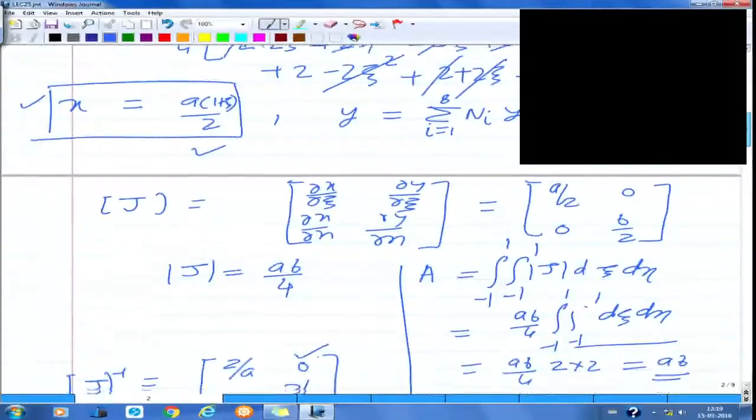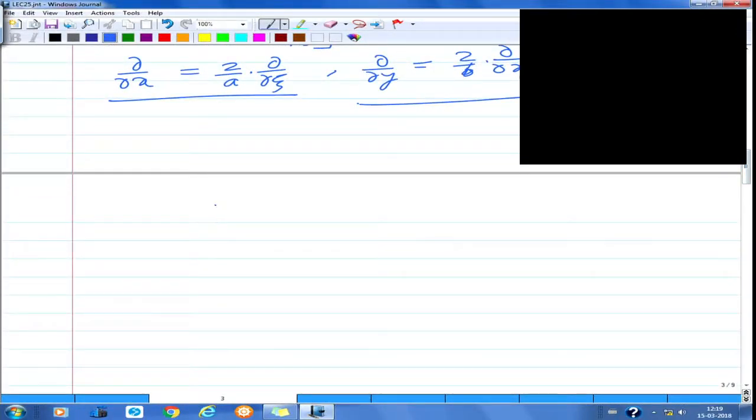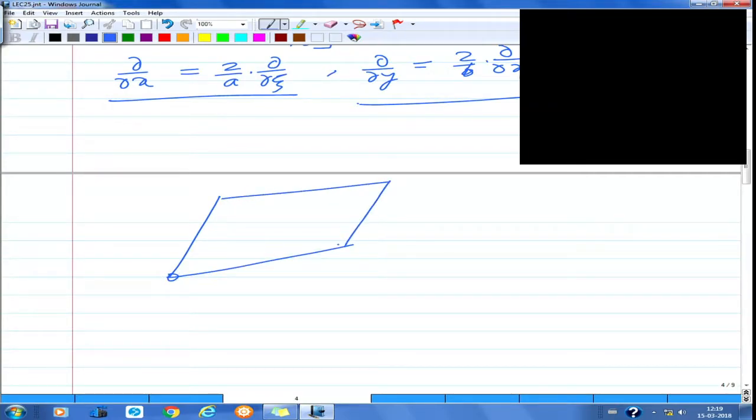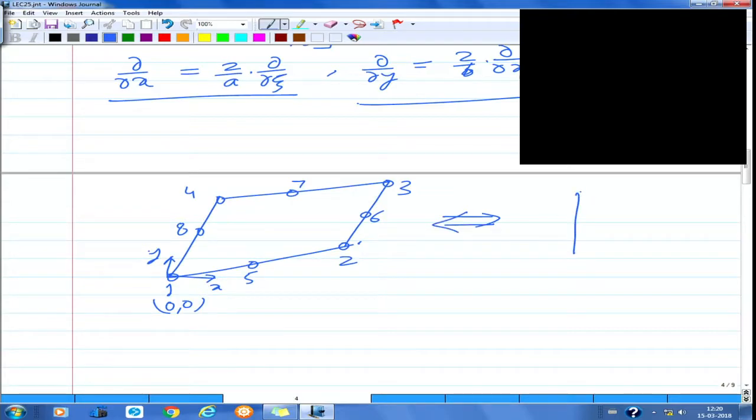Now the same thing, as an exercise you can try: if the element in the physical coordinate space is, let's say, a general quadrilateral but with straight edges, so still an 8 noded element. Here you again have the 8 nodes, numbered 1 2 3 4 5 6 7 and 8, and you can still take the coordinates, let us say this as x and this as y, and write the coordinates. So here it would be 0 0, and accordingly you will of course have to assign the coordinates to all of these nodes for a general quadrilateral,